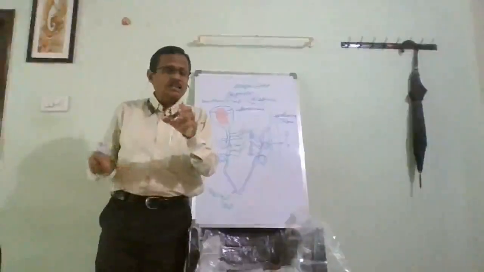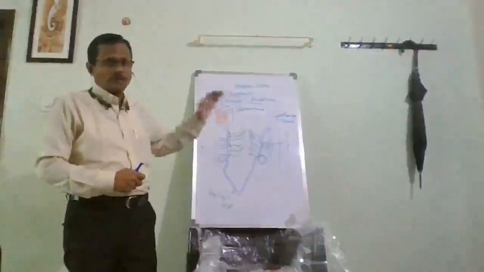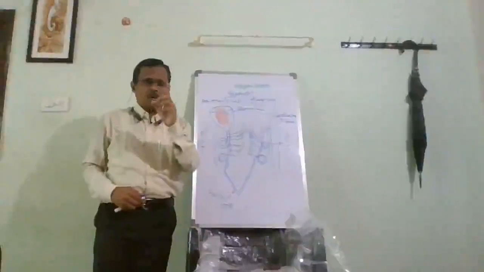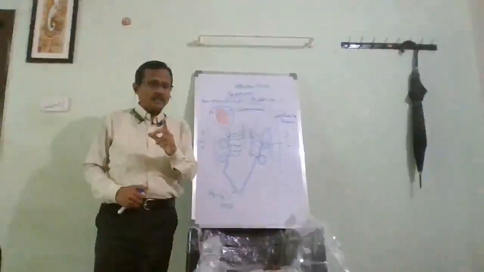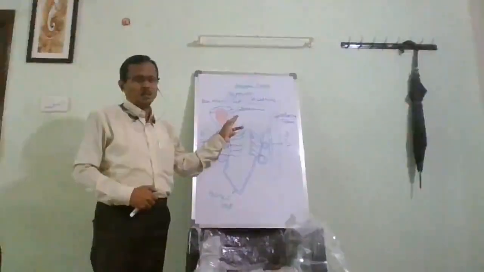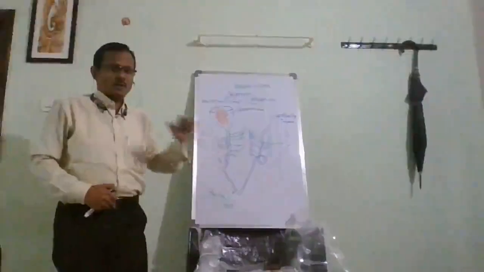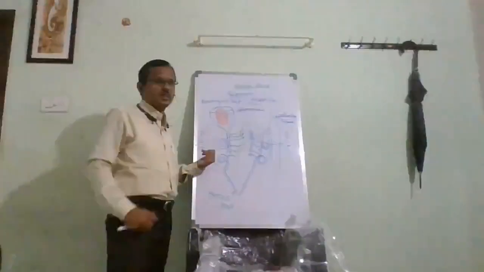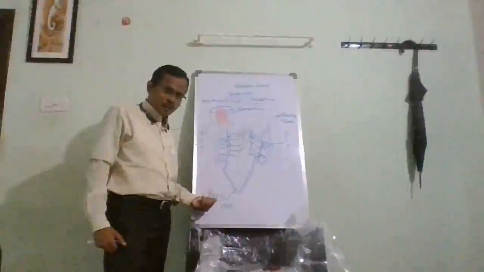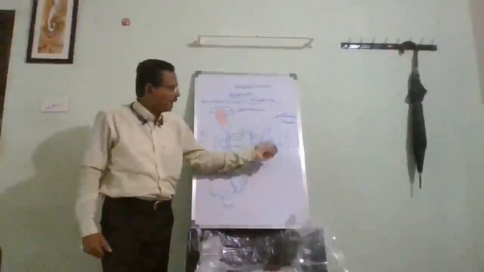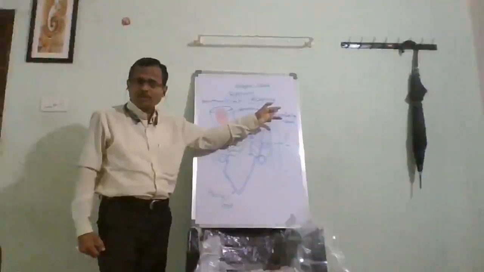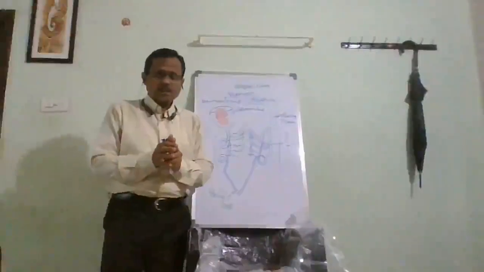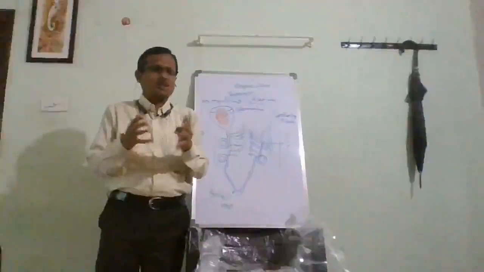Now let me recollect some ideas with regards to the structure of the nephron. The nephron comprises two parts. The first is the Malpighian capsule, comprising two subunits: the Bowman's capsule and the glomerulus. The second part is the tubular part, which consists of four parts: the PCT, the proximal convoluted tubule, then the Henle's loop, the distal convoluted tubule, and finally the collecting tubule. So we come to the conclusion that without these nephrons, the kidneys can't function.